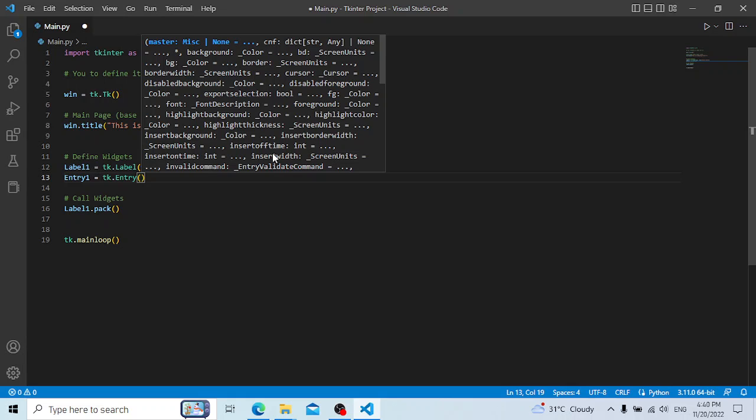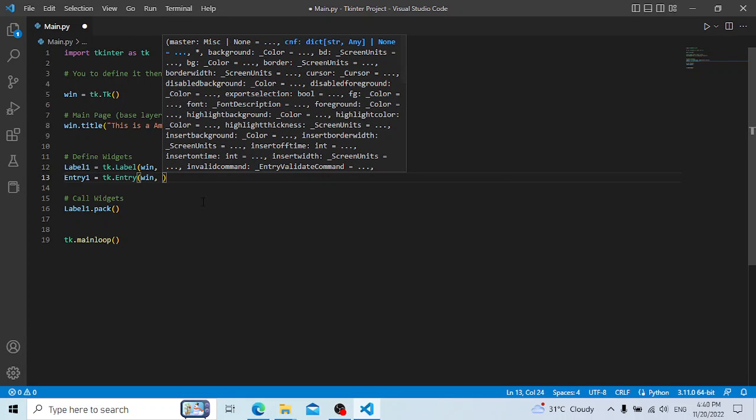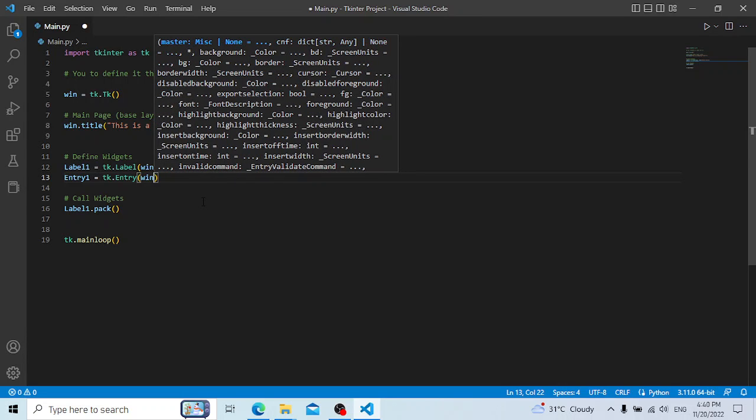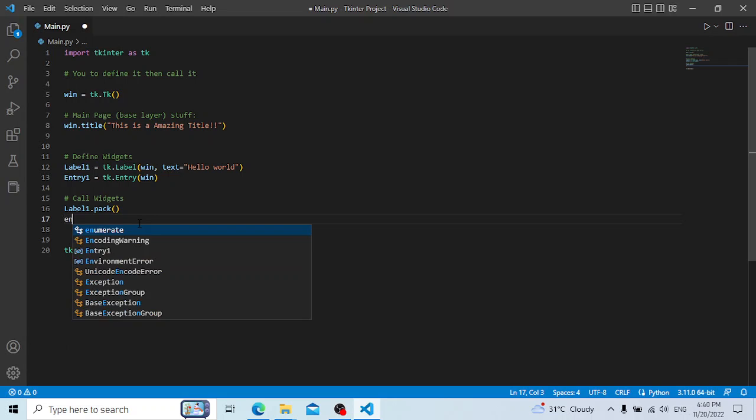Now, of course, we're going to want to put it somewhere, so win, and we aren't going to have any text inside the entry, because you don't really need that, but that should be almost everything you need for an entry. So if we do this and entry1 for the pack,